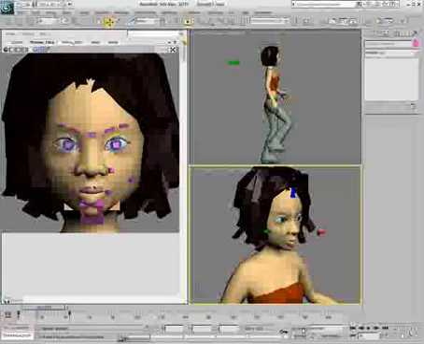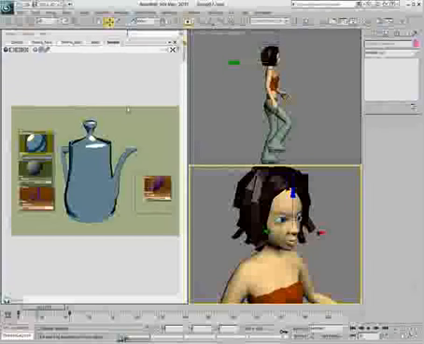So that's a little bit about setting up synoptic views. In this case, we set up a simple example and did some things with characters, but it can also be used very effectively for architectural scenes and for effects-driven animation where you just want to adjust a couple of different parameters and have a nice visual way to see how that might work. So that's how you use synoptic views in